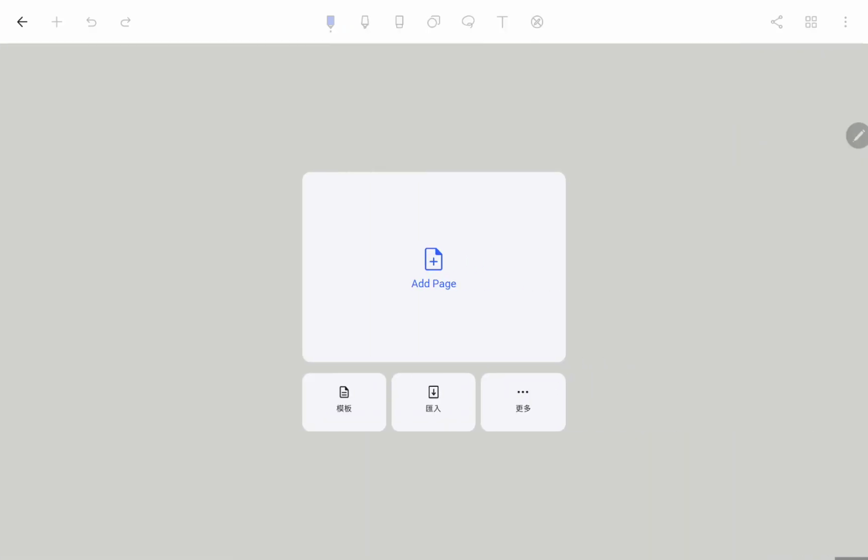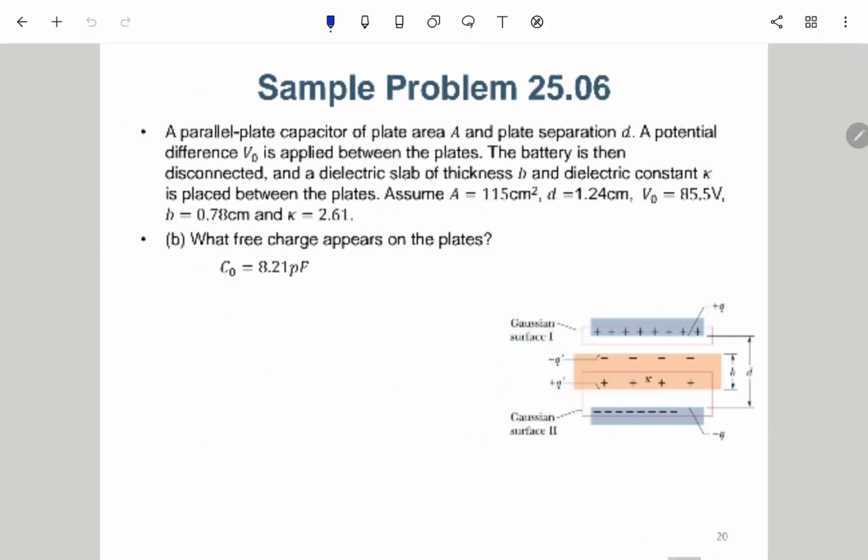Okay, so wow, this one is quite long. Okay, so maybe let me